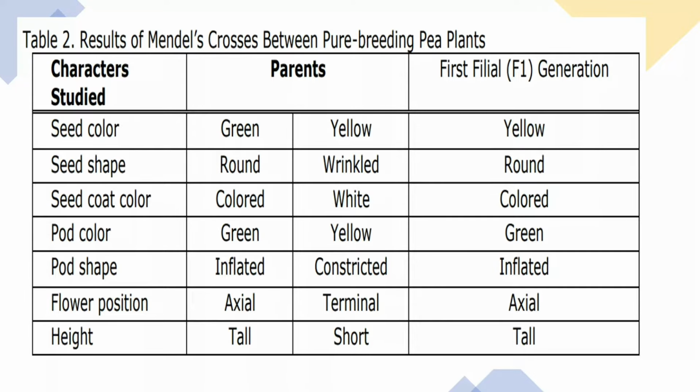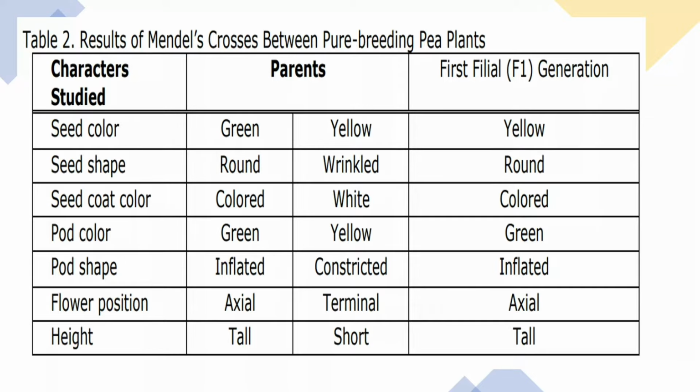the parents. Okay? So, ibig sabihin lang nito, kung ano yung lumabas doon sa first filial generation, ibig sabihin, ito ang tinatawag natin na dominant trait. Pag sinabi natin dominant trait, ibig sabihin, ito yung mas malakas yung genes kesa doon sa isa. Okay? So, mas mataas, mas malakas yung trait noong yellow kesa doon sa green